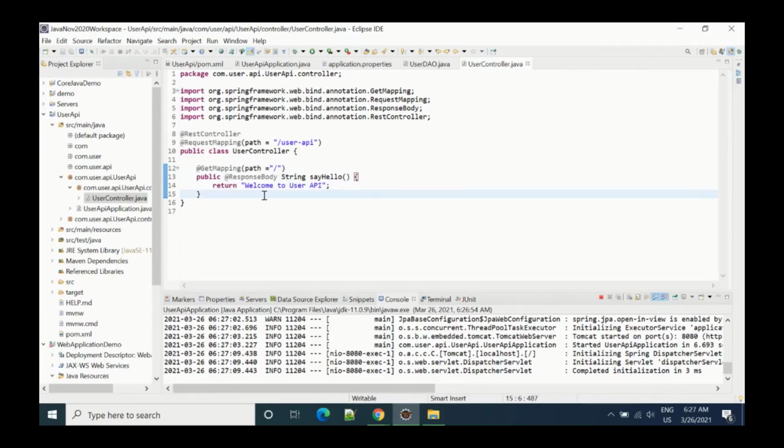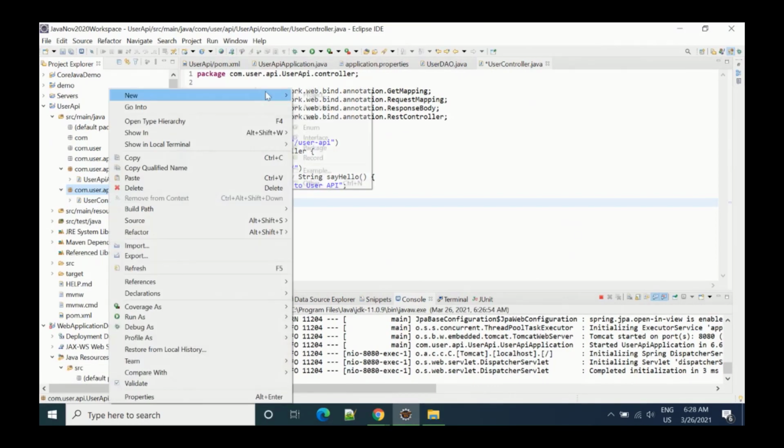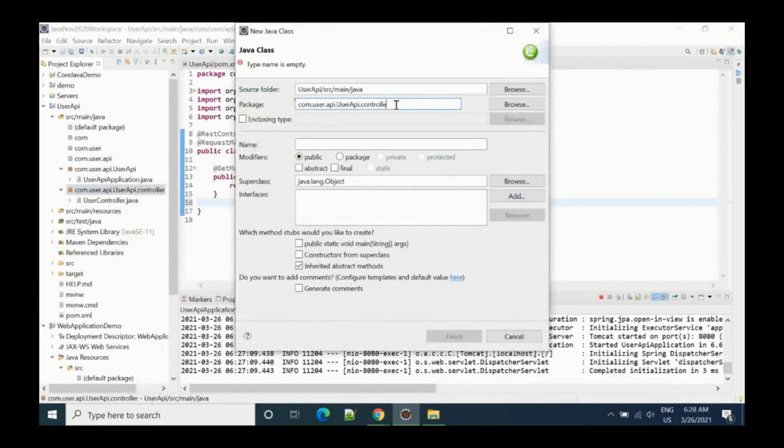Now after that, we have to write code that can fetch data from the database, insert data, update data, and delete data, right? First, let's create one repository. So I will create one class, and this class will be inside the repository. Although you don't need to create a separate package, it is always recommended that if you are using different things, you should create a new package and put them inside it.